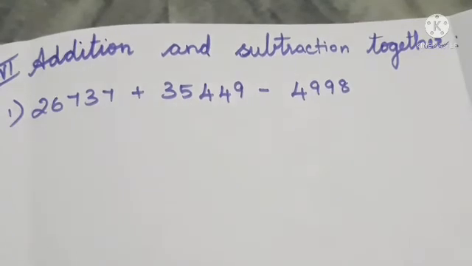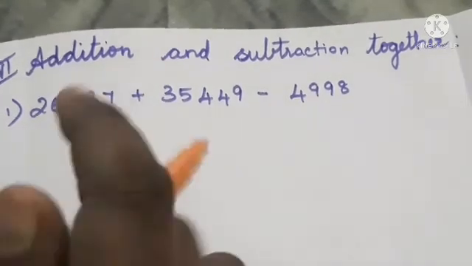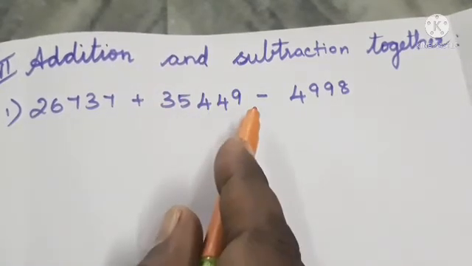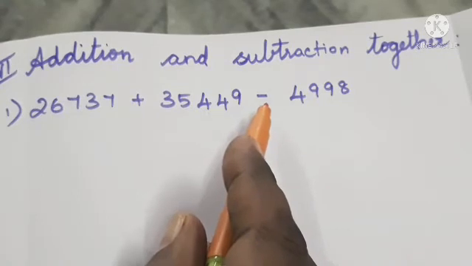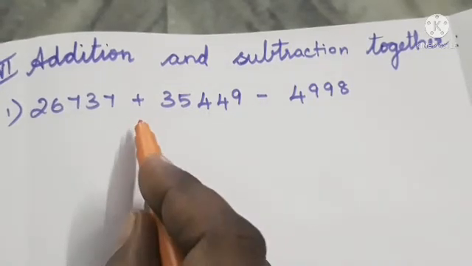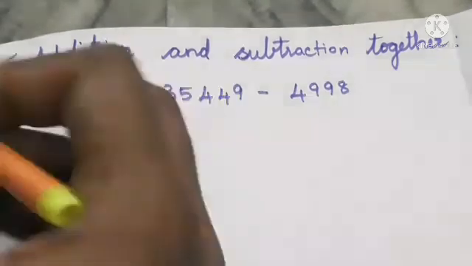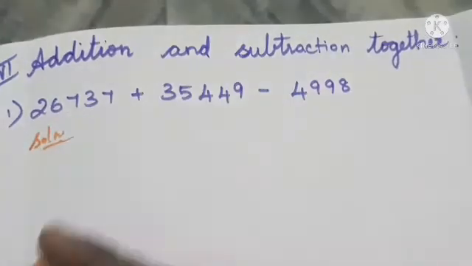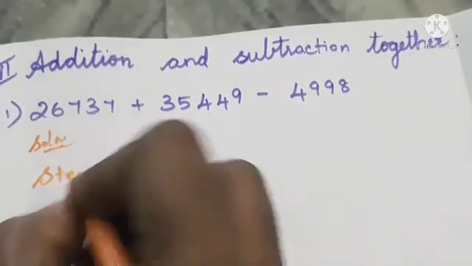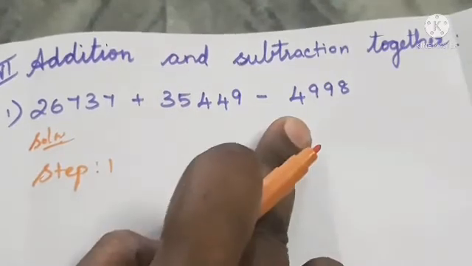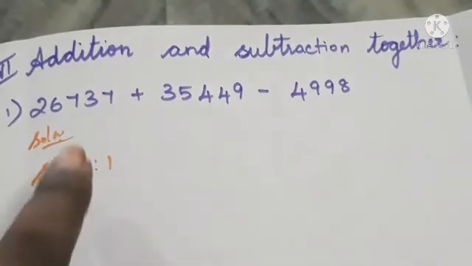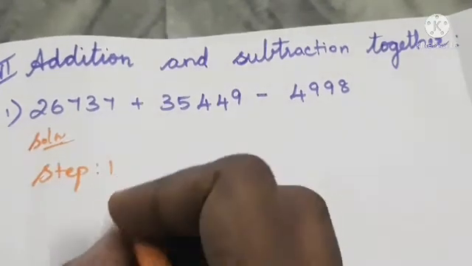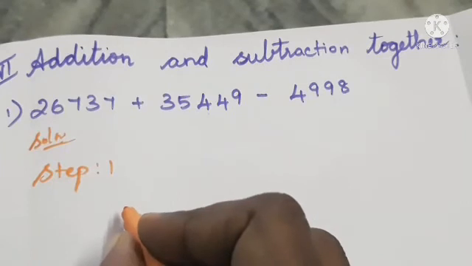First we have to do the first operation. What's the first operation given here? Plus operation. Okay, so we will call this the plus operation. This is the minus operation or subtraction operation. Okay, first we have the addition operation. Okay, ma? So first we can write the solution and write step 1. Okay, step 1, because here we have two operations, plus operation and minus operation, isn't it? So in step 1 we have to do the first addition operation. Okay, so we can write the numbers, leave one or two lines, and write the remaining numbers.